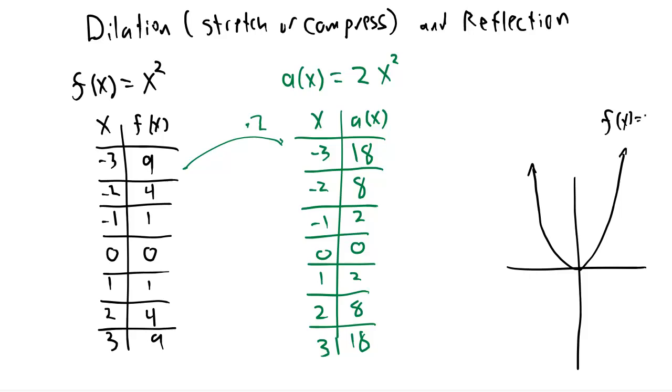Okay, f of x equals x squared. So what's happening here is that now these numbers are twice as big. We notice that the vertex is the same. Notice the vertex didn't move, so we didn't translate it, right? So the vertex is the same, but now